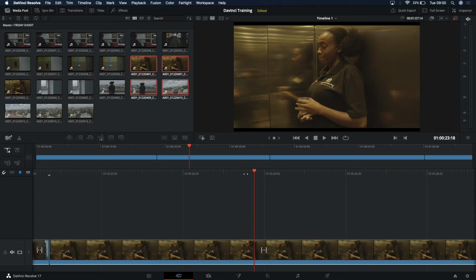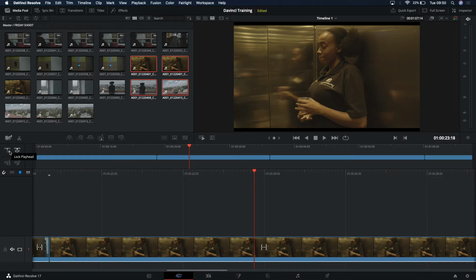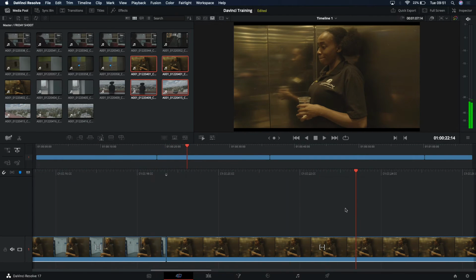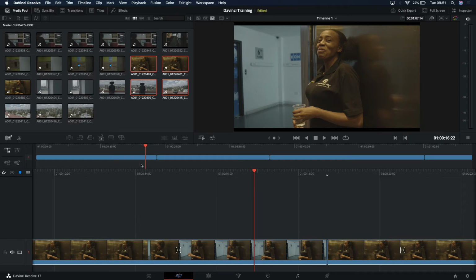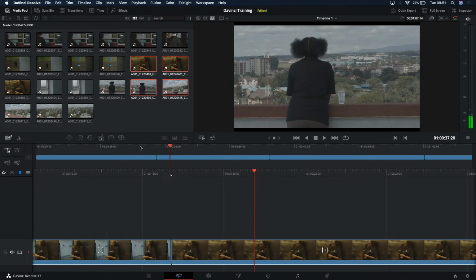And then we have the lower playhead. This one you can select whether you want to have it locked or moving. There's this option right here. You can see right now it's locked, so I can unlock it. Once I have it unlocked, I can also use it to scroll my timeline. It looks a little bit weird having two playheads moving at the same time. So guys, whatever is comfortable for you, you're able to work with that. So right now I'm just going to lock that playhead again so that I can only use my upper playhead